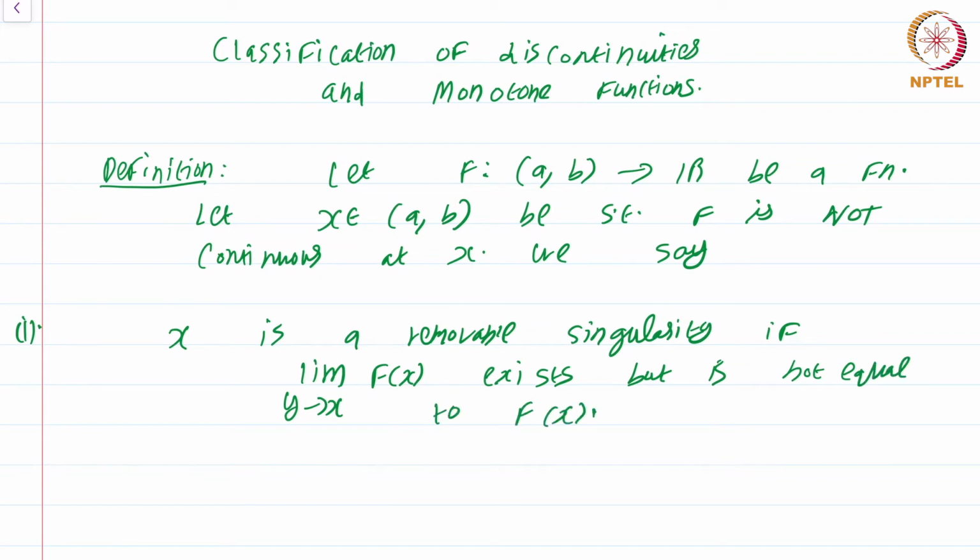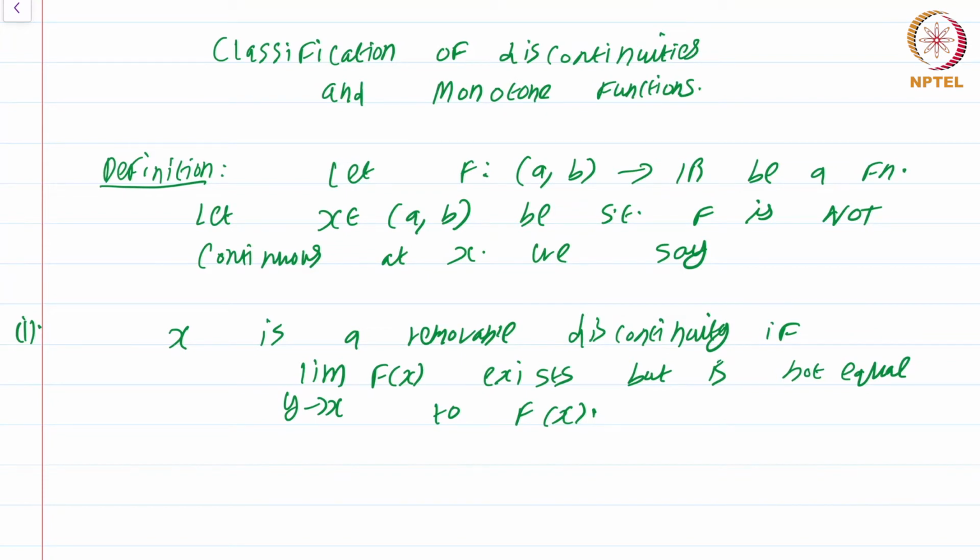That means the limit value exists. Just a second, I will not call it a removable singularity, I will call it a removable discontinuity. I want to reserve the term singularity for more pathological things later in the course. So x is a removable discontinuity if the limit as y going to x of f of y exists but is not equal